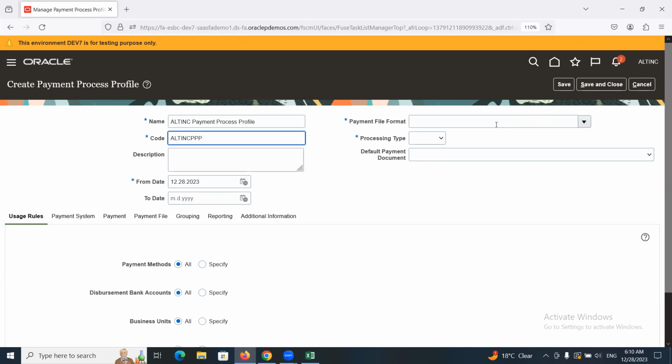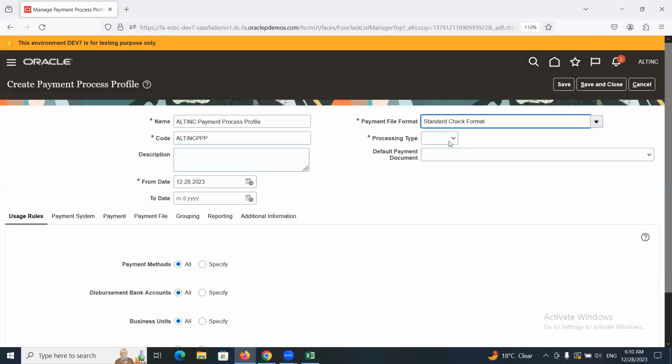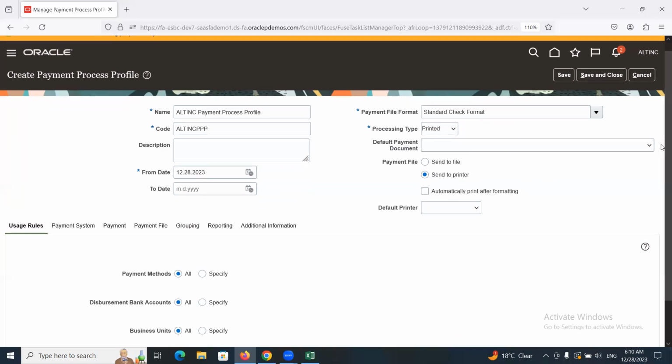And select payment file format. Whatever format we selected at the time of bank account, the same we have to select. That is standard check. Okay, select standard check format, and for the processing type, select printed or whatever is how you are processing the payments. And within this,